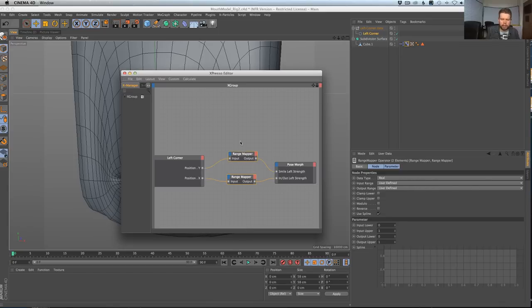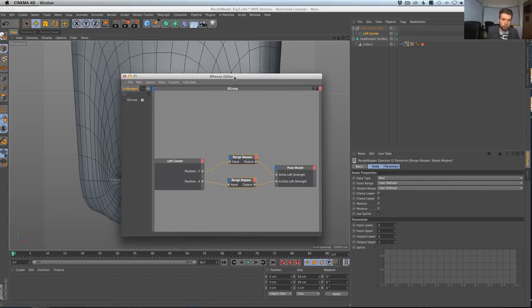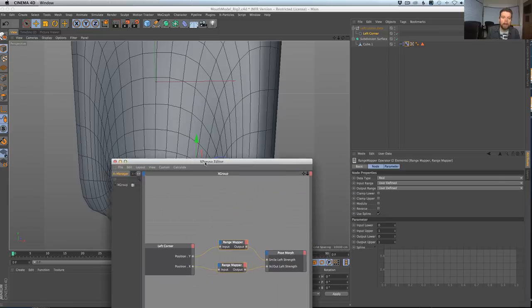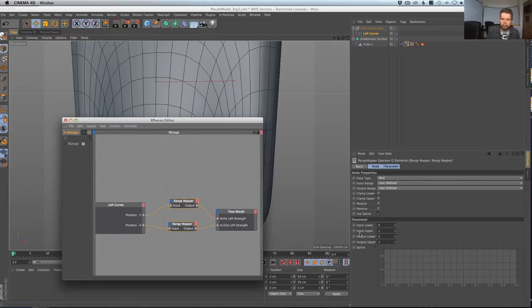So what's happening, and I can grab both and do it at the same time because the directions are correct. It's just the speed isn't correct. So let's do it real simple. When we input 1, it's outputting 1. But what I'm going to say is, let's slow it down.